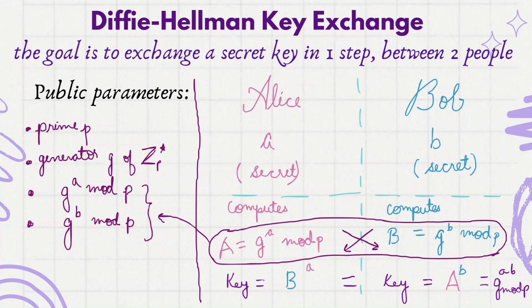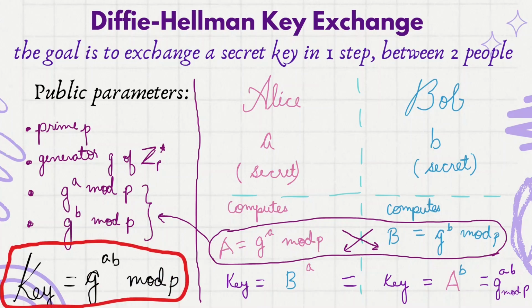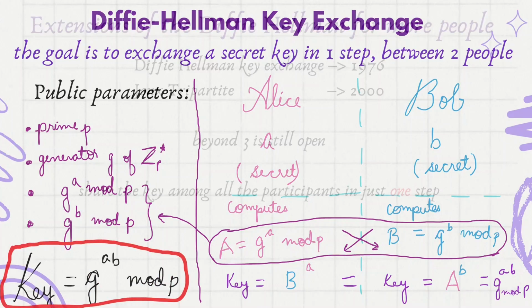And then they both are able to get the same number, that is g to the power of ab mod p. And the eavesdropper is not able to compute this because the eavesdropper does not know small a and small b, and being able to find that from this information would be solving the discrete log problem, because g to the power of a mod p is known, g is known, p is known, find small a or small b, and that is the discrete log problem. And the final key obtained is g to the power of ab mod p.